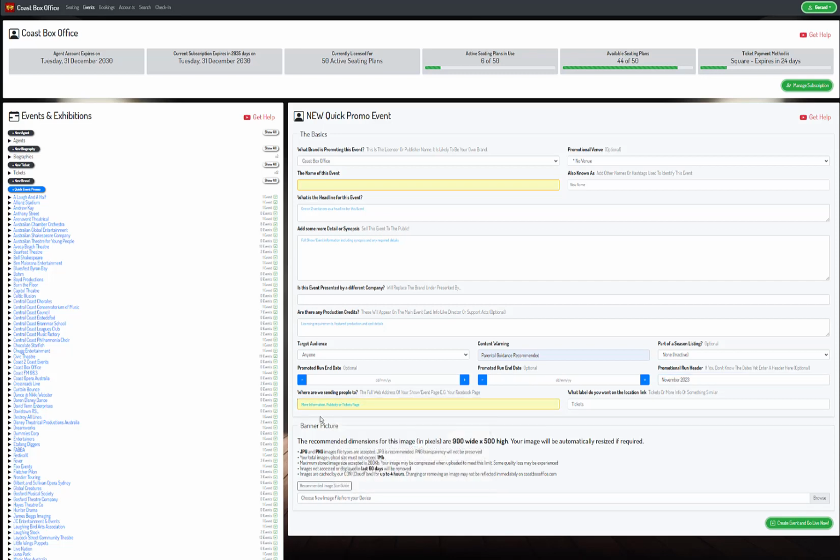Here's the link. Where are we actually sending people to? Because we need to send people somewhere. We can't just have the listing and it does nothing, particularly if you're not ready to sell tickets yet. And normally you'd send that to your publicity page. It could even just be your Facebook announcement. It could be anything, but where are we actually sending people to for more information? And what do we call that? It defaults to tickets, but it could just be more info. We could just put in more info